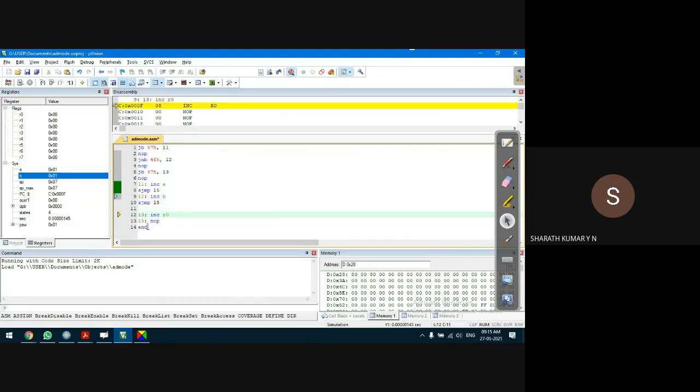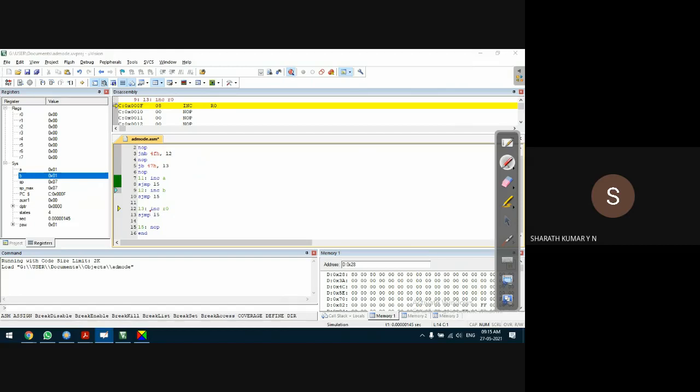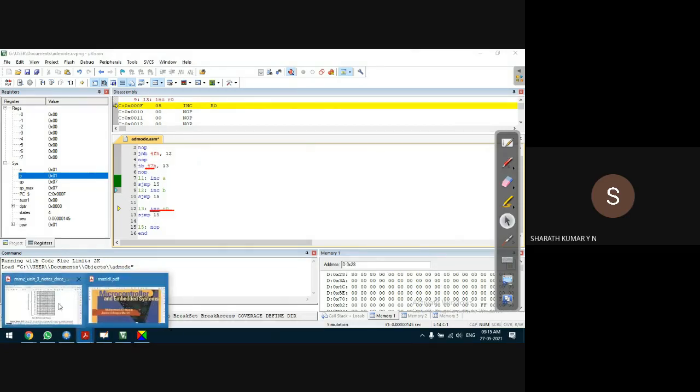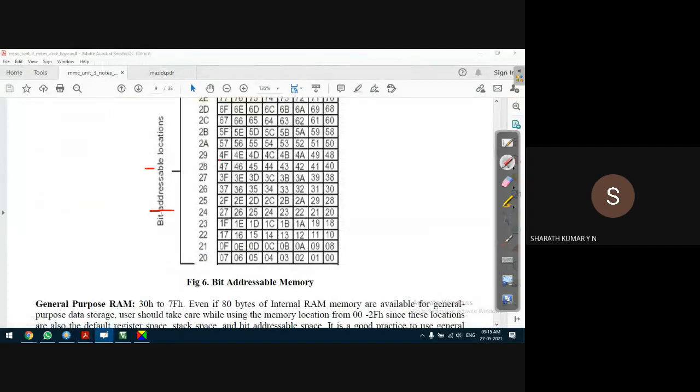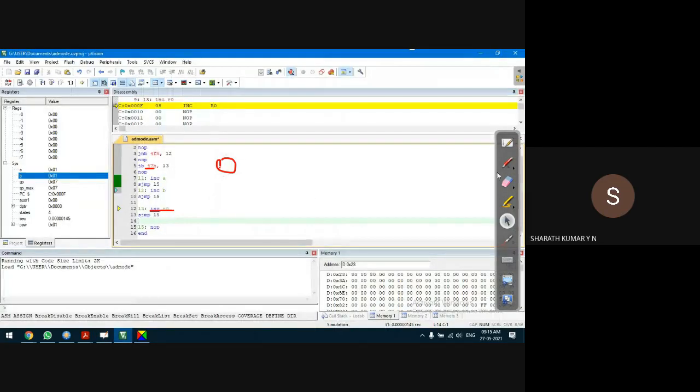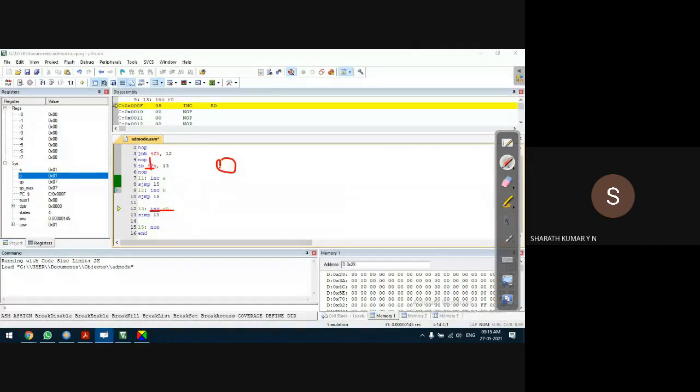This line we don't require, right? Because by default, anyway, it will go to the next line. When 47H is set to 1, there is a bit location, guys, don't get confused. 47 is the bit location. If this is set to 1, which we are checking in the program with jump if bit, that is, if the 47 bit is set to 1, then it will go to L3. After executing L3, anyway, it will automatically go to the next line.